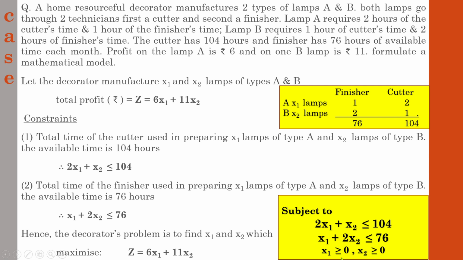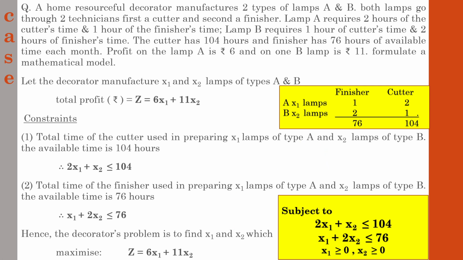Remember, this one is a permanent value we will be using in almost all the questions. The rest of the equations are found out on the basis of details given in the question. For the complete answer of this question you need to find the value of x1 and x2. The concept of finding x1 and x2 will be covered later. Right now you are asked to find the mathematical model. We will learn how to find the value of x1 and x2 in the coming sessions. And right now this is how you have to prepare a mathematical model.